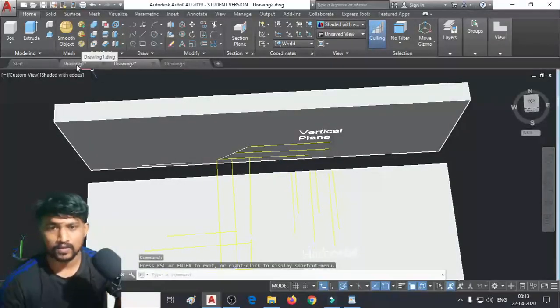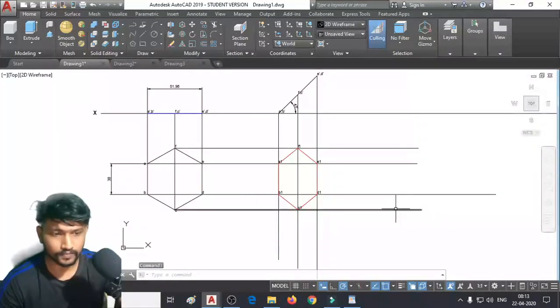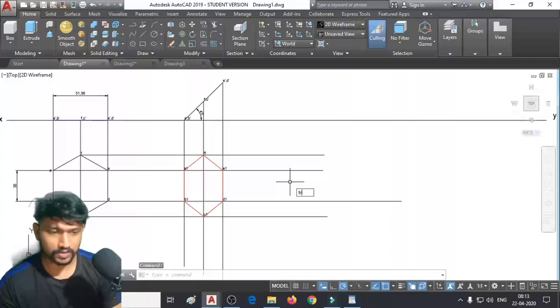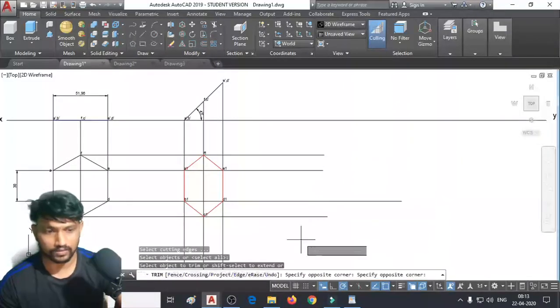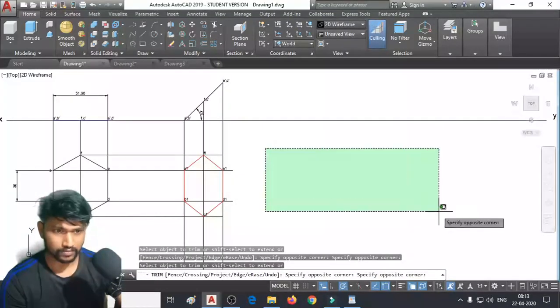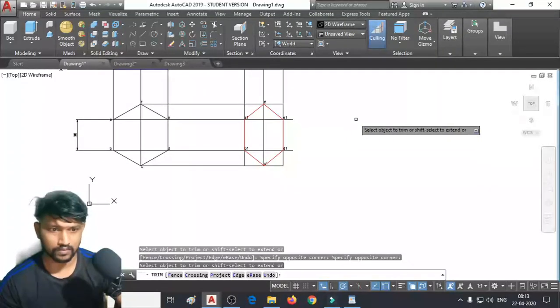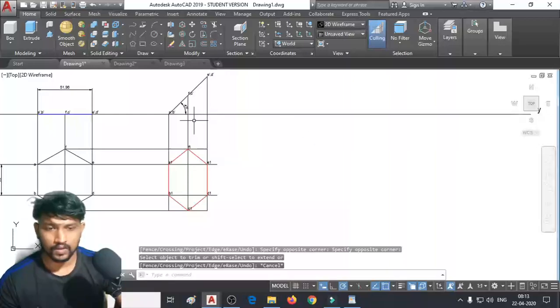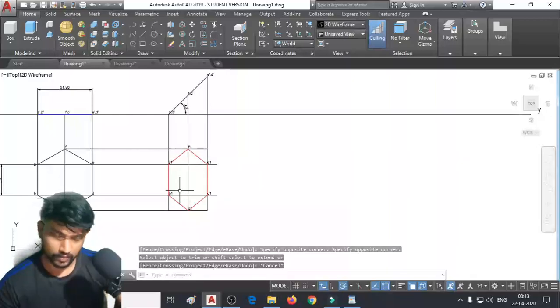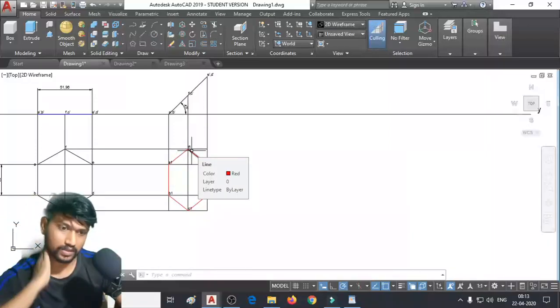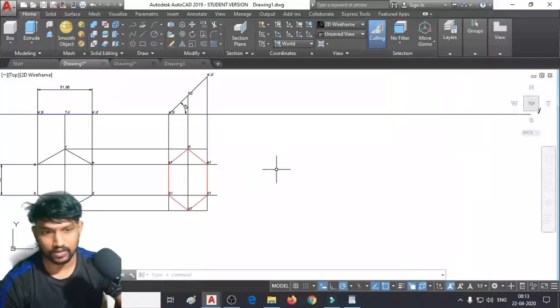Okay, I'm going to draw this one. Let me trim these extended portions here. So with the same dimensions as up here, I'm going to keep this